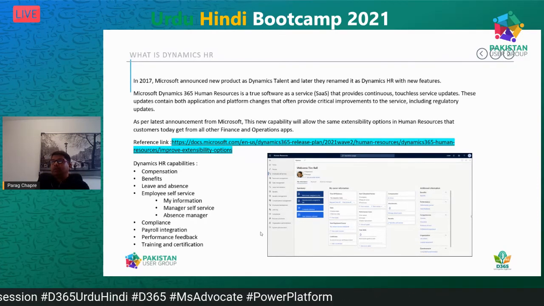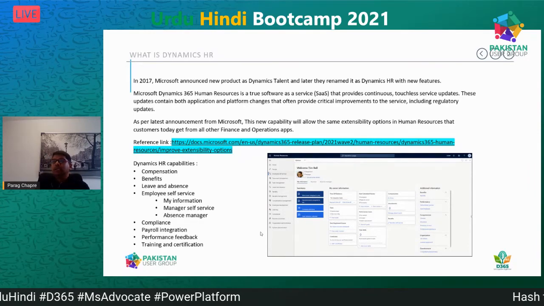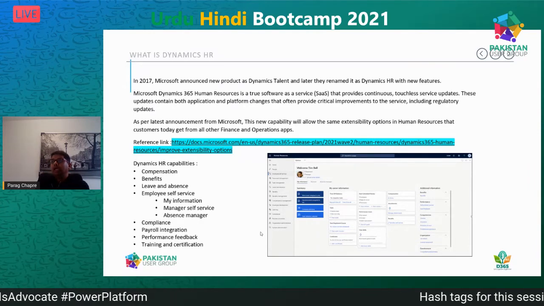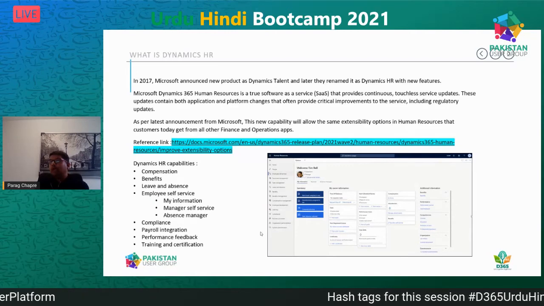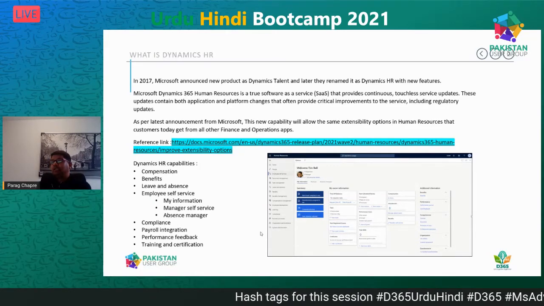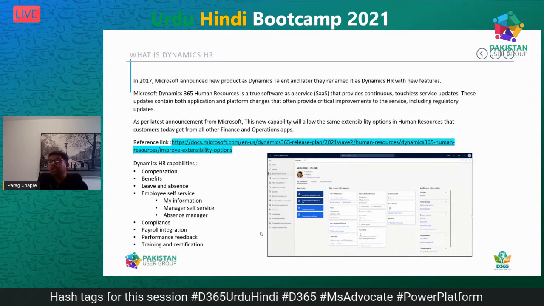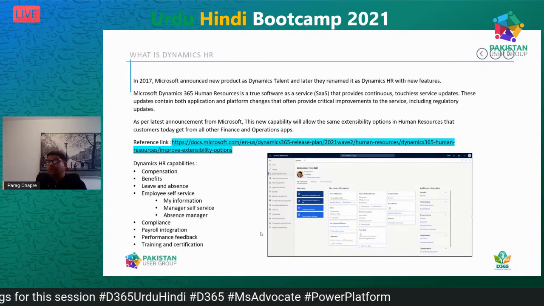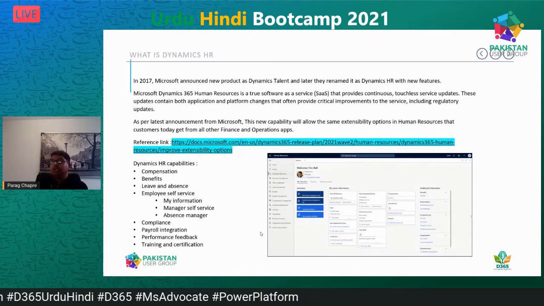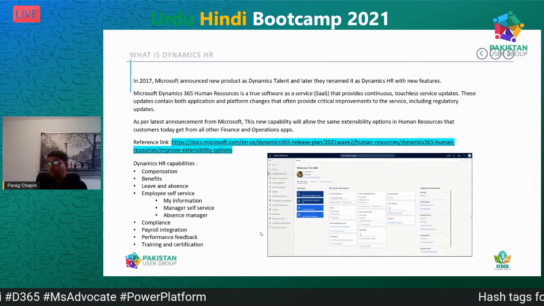Like in finance and operation, we have different modules like sales, purchase, and HR. So they carved out HR from Dynamics F&O and made it a new product, especially for the people who are working in the human resource industries.